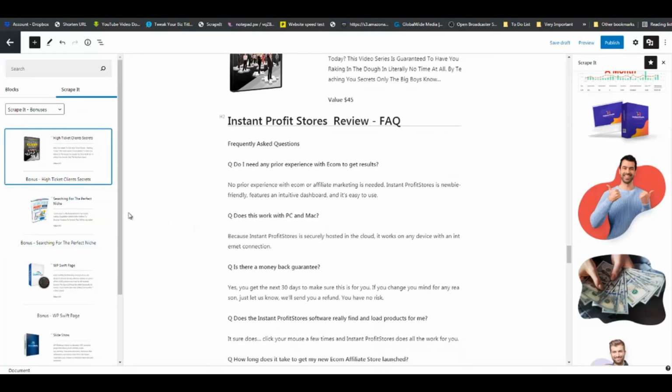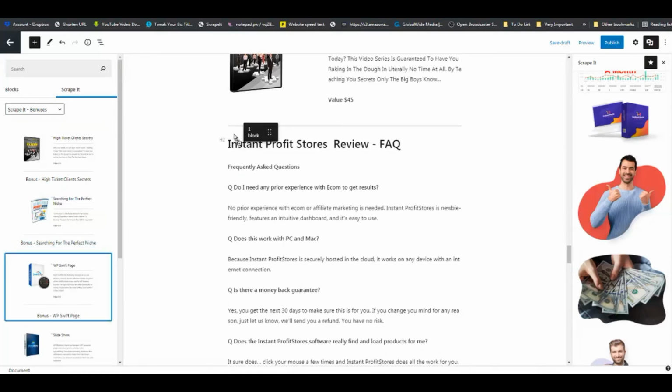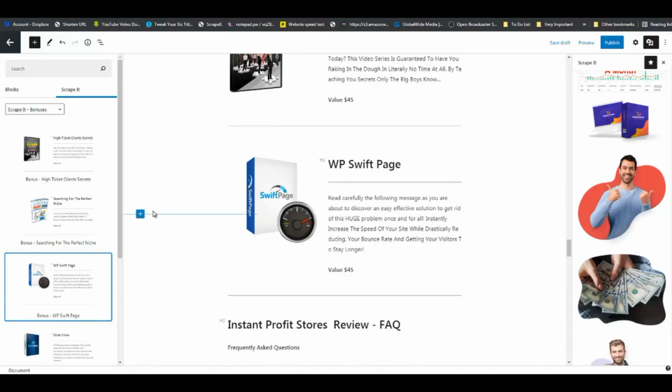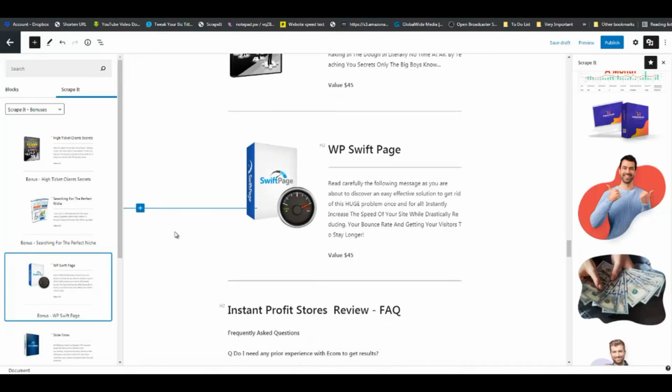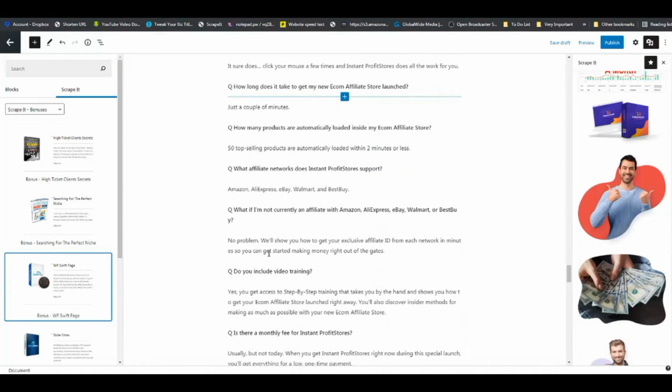One right there, drag the other one and put it, just make sure you see the blue line, put it right there, so you can see we have our bonuses. Below you can see we have the frequently asked questions,